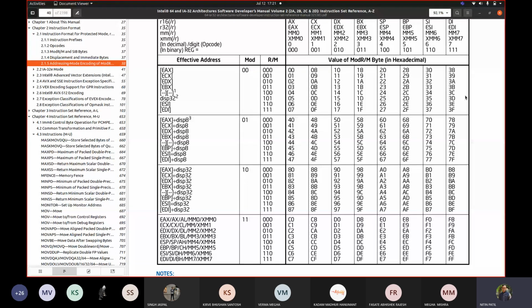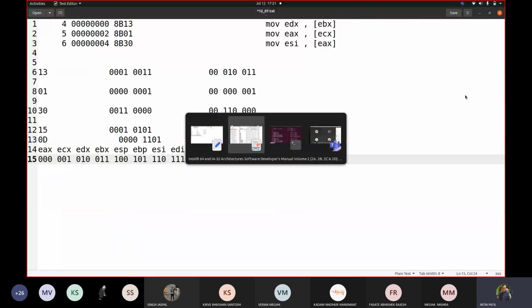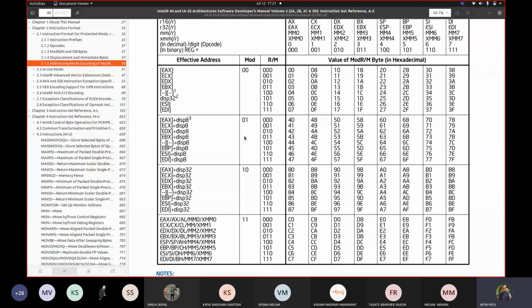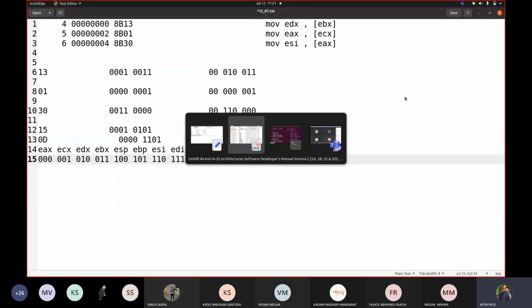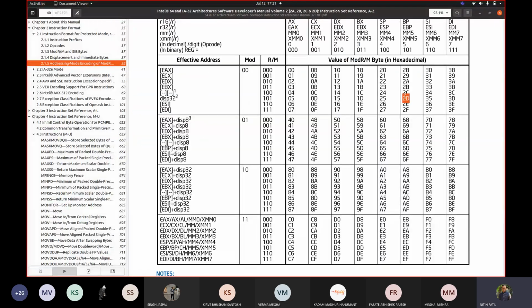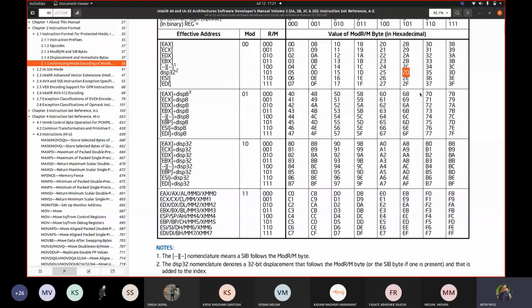Correct. You give me randomly any number now, any register. You tell me any register. We'll pick, say for example, this ESP, or EBP. We'll pick EBP. Fine. So let me write that code. We want that EBP code to be displayed, what? 2D. Correct. We want to display that 2D here.